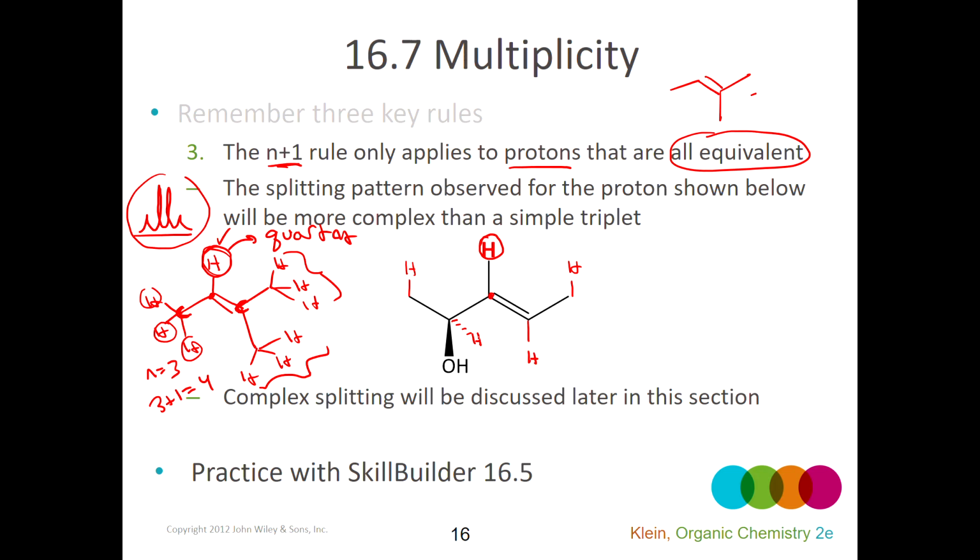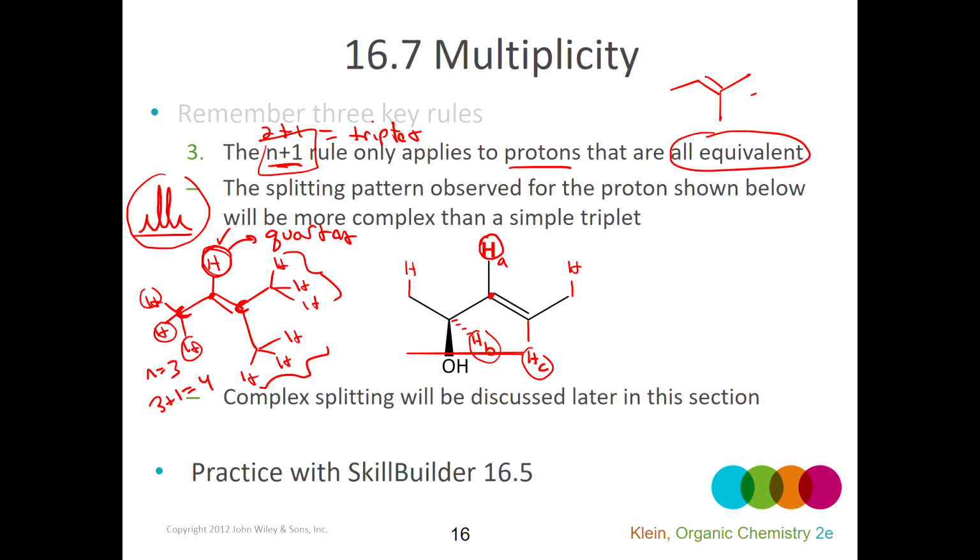We'll just call these A, B, and C just to be able to communicate about them more clearly. So hydrogen B would be splitting A, and hydrogen C would be splitting A. And if I were to apply the n plus 1 rule, there's 2 neighboring hydrogens to A that would be splitting it. So that would be 2 plus 1, and that would give me a triplet, because 2 plus 1 is 3. So I would expect to see hydrogen A give me a triplet if I were applying the n plus 1 rule. But I can't reliably apply that rule here,